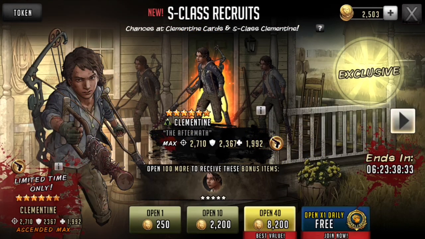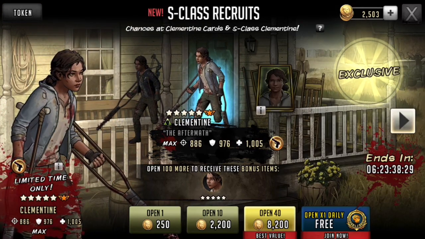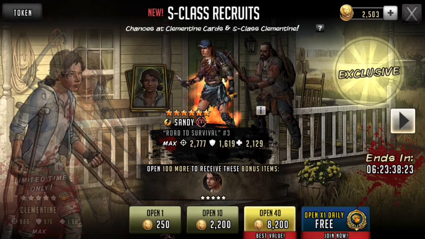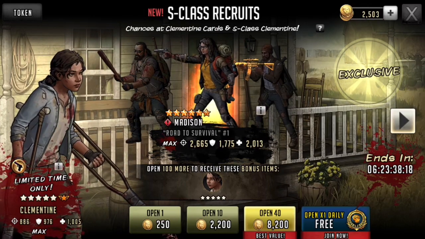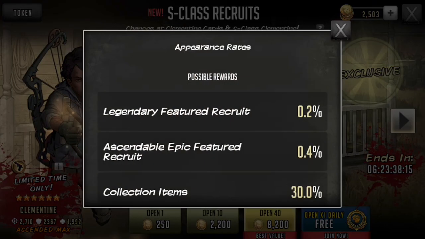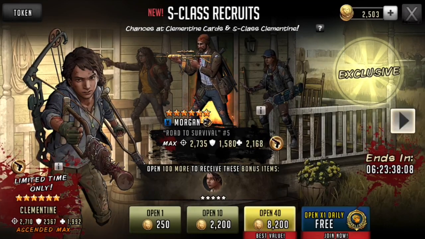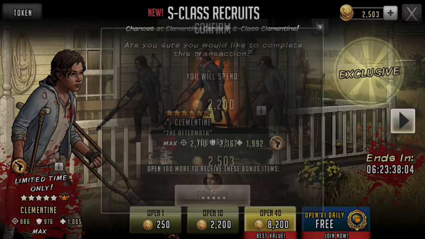And now we're moving on towards my 10 pull. So I had about 2,500 coins, and I really want Clem, to be honest. I think she's a pretty good character. She would work really well in my team. The other toons that are in this wheel are Sandy, Bruce, Madison, Follow-Up Morgan, and that's about it for the ascendable recruits. And I'm not really interested in any of those other ones. The only one that I don't have is Bruce, but they're all Generation 1 toons, and I really would like